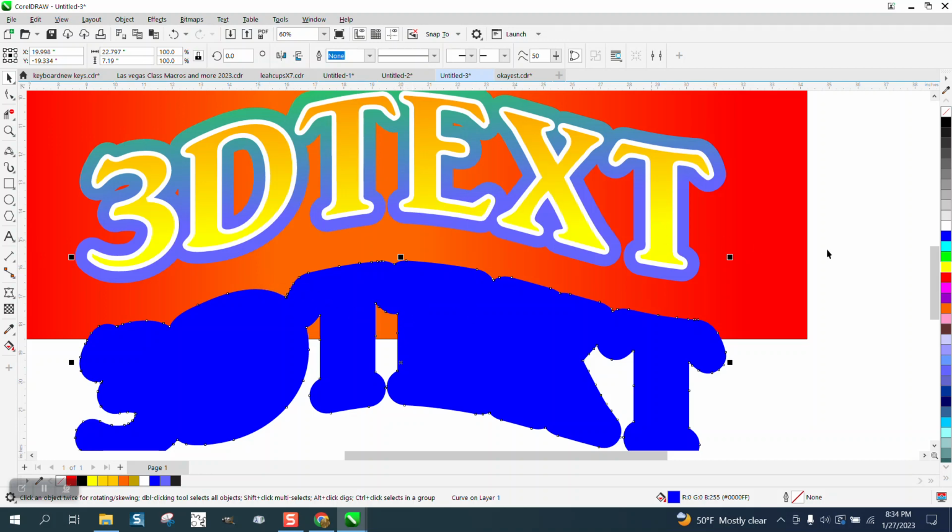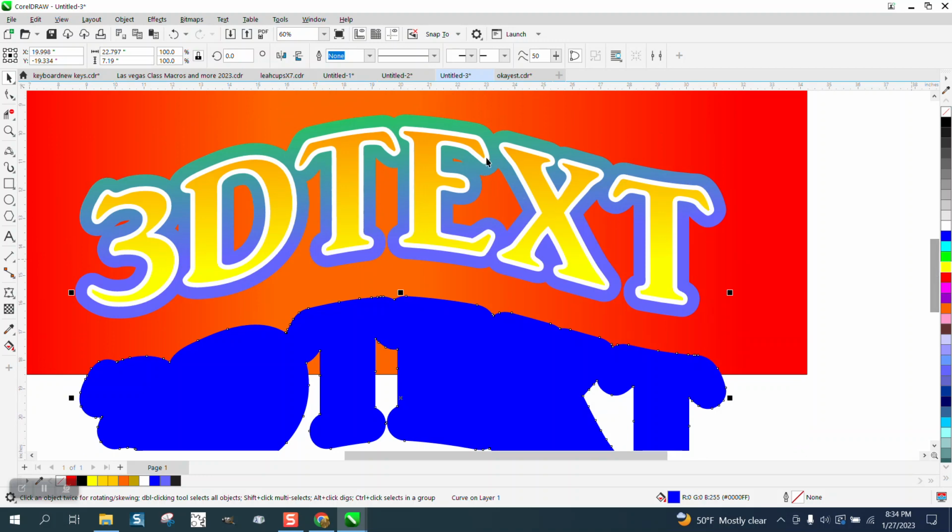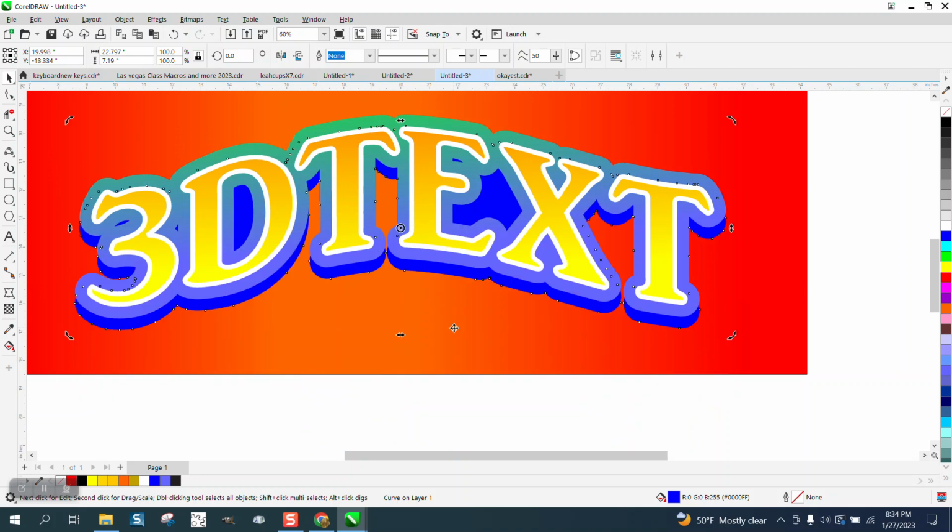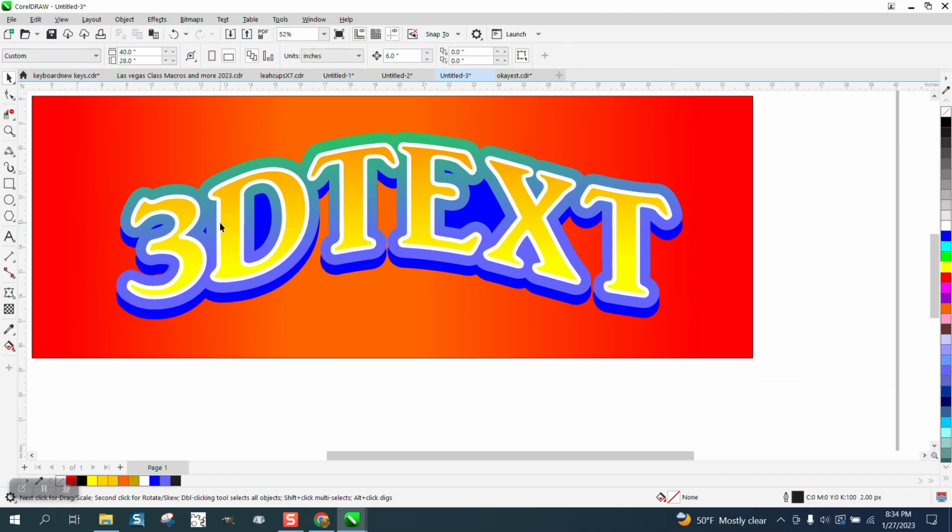But see, whoever did this has the interactive fill tool on the red part, and on the green and blue, and on the red. I mean, the orange and the yellow looking. And this is kind of just sitting there. You could also do a couple of different things with that. But they're not going to print 3D text on a shirt. They're just